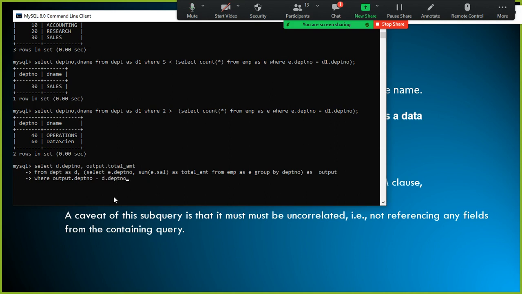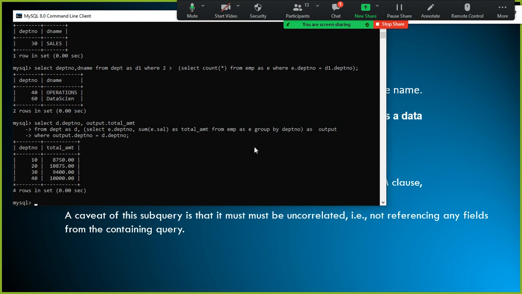You understood, right? But don't get confused with the E dot. Don't ask why you used E dot depart number here, because the entire thing we have given the alias as output. This is the one holding the depart number and total amount. Hence, to refer to this query's depart number, you need to use output dot depart number is equivalent to D dot depart number.